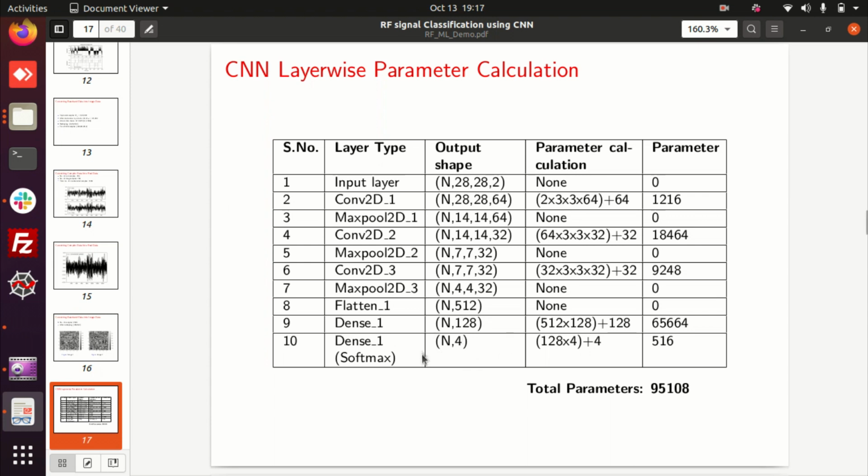From the 128 nodes, you are applying your output. You are combining your output, that is, you are applying your softmax criterion, and you are deciding the number of classes. So here I fixed 4 or 3, whatever it is finally. And these two dense layers are the fully connected layers. Here also you have parameters to be calculated.